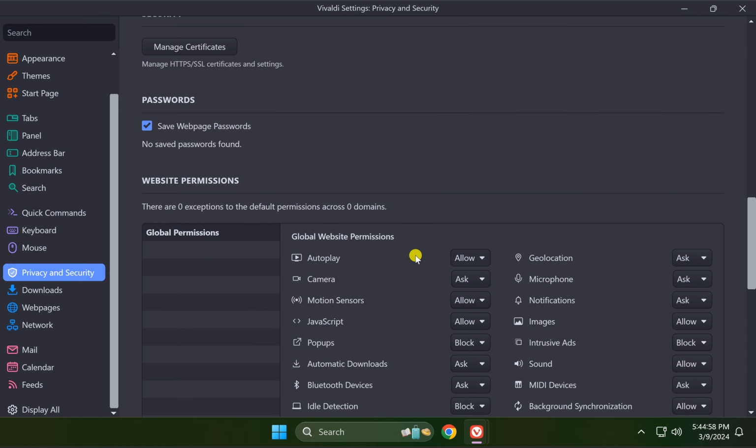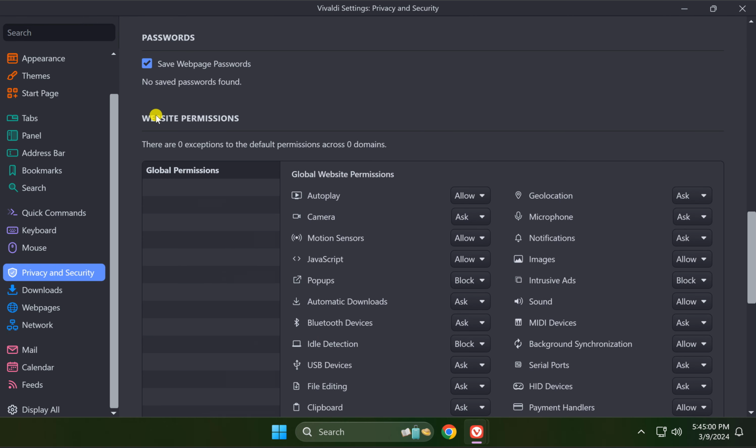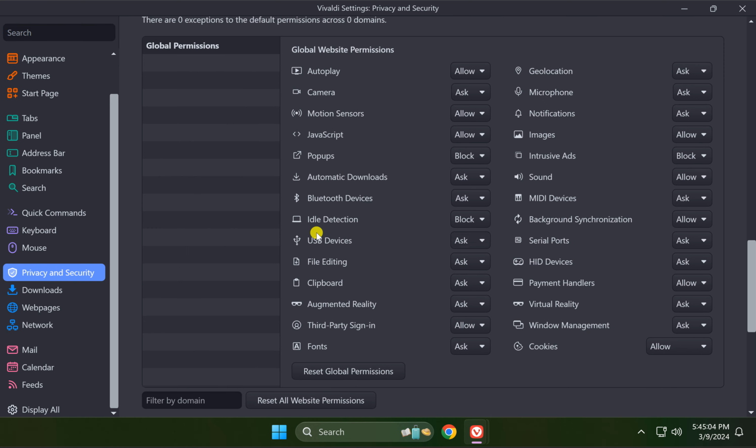On the right, scroll down to the Website Permissions section and you will see here the Pop-ups option. Beside this, you can select the Block option to block the pop-ups, and in case